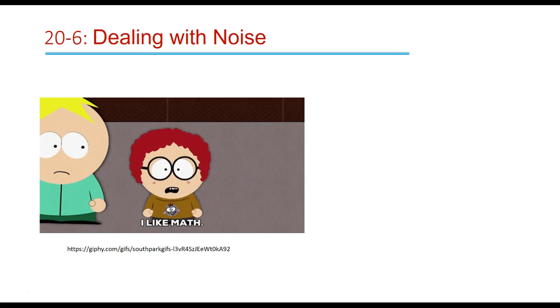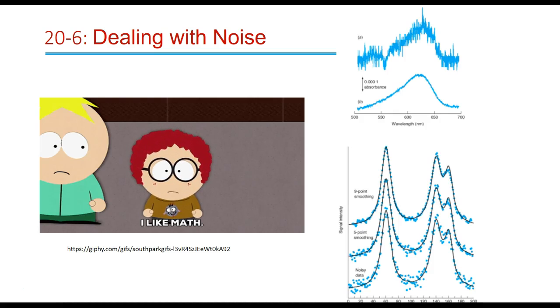Now, how do we deal with noise? Well, like we do with a lot of things in this class and with science in general, we deal with it with math. One of the most popular ways to deal with noise is to simply average it out. You want to remember that noise oftentimes is random in nature. And if it's random in nature, we can think of it as being random error. And we can improve random error, or when we say improve, we mean minimize, by averaging more and more data